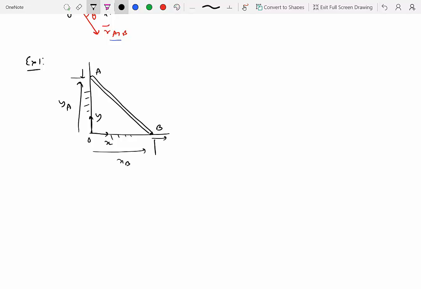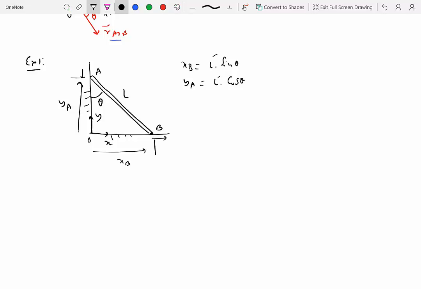Okay. So what are the constraints over here? Well, we know that this is a solid ladder. It's a rigid body, which means that this length is not going to change as A and B move, which means that when B moves towards the right, A is coming down by a certain amount, right? Okay, so let's say this angle is theta. So what we can write is, if length of this ladder is L, then we can say xb is equal to L times sine theta, and ya is equal to L times cosine theta, where L